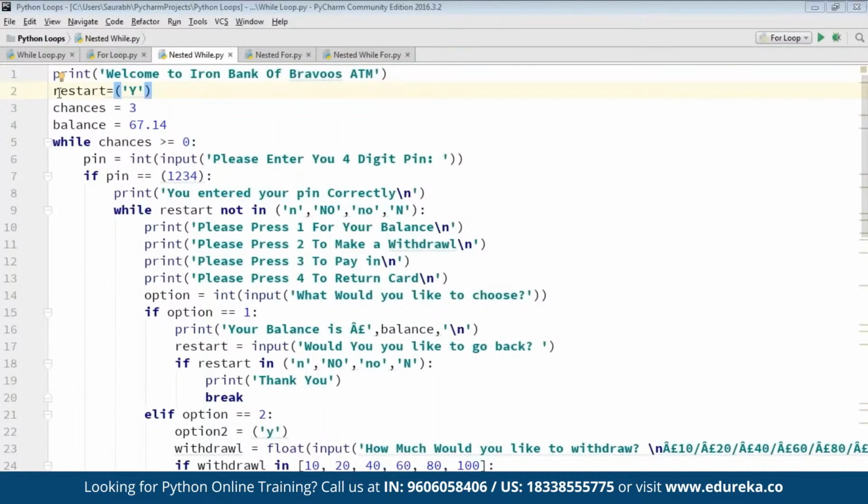And then I have defined a variable restart and I've assigned a value to it, that is Y. Similarly, chances, I've assigned a value that is 3, and this is the balance that I'm going to initialize, that is 67.14. Notice over here, you won't get more than 3 chances in order to write the correct password. Now comes the while loop, which says that when chances are greater than or equal to 0,